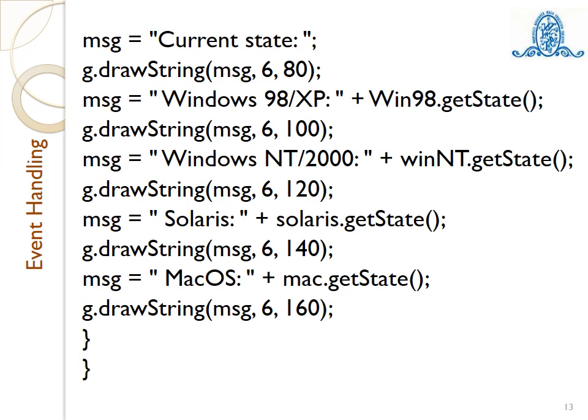So in this session we have seen two event classes, ActionEvent and ItemEvent. ActionEvent is generated whenever a button is clicked, a list item is double clicked, or a menu item is selected, and ItemEvent is generated when checkboxes are selected or ticked, a list item is selected, or a checkable menu item is selected.